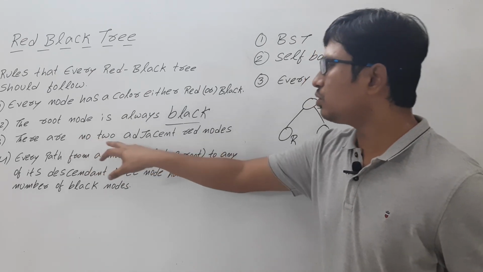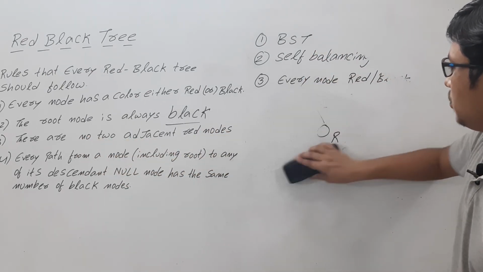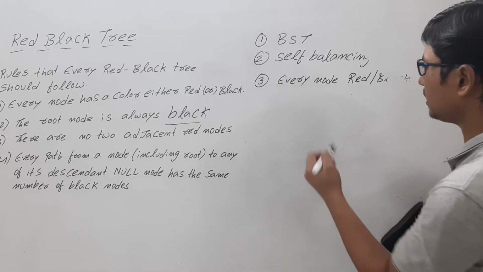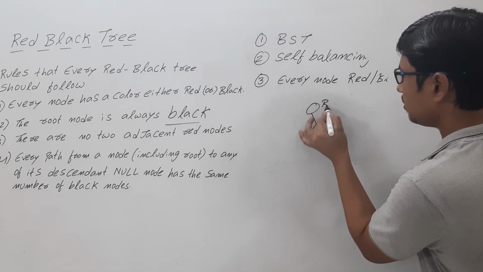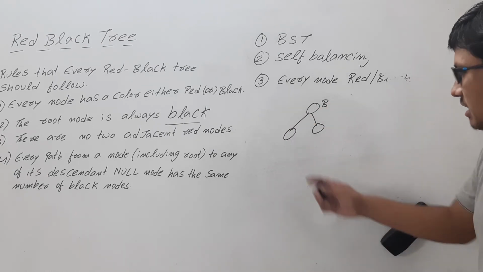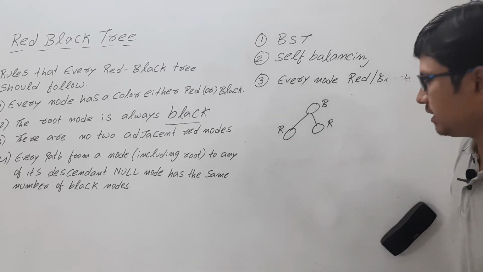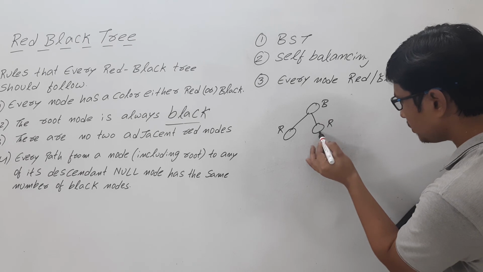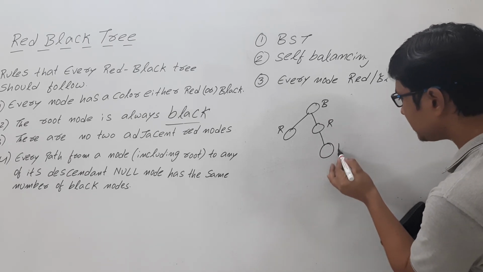There are no two adjacent red colors. Meaning, suppose you have a parent. This is the root node, which is black color, and you have a child which is, let's take, red color, and this is also red color. Just giving an example. Now if you want to insert some more element here, then if it is red color,